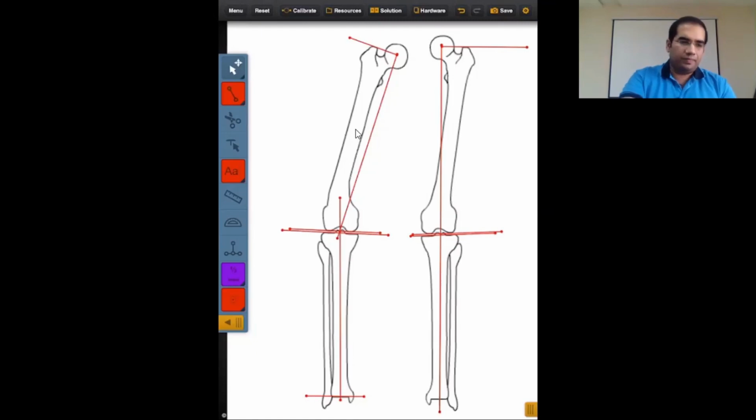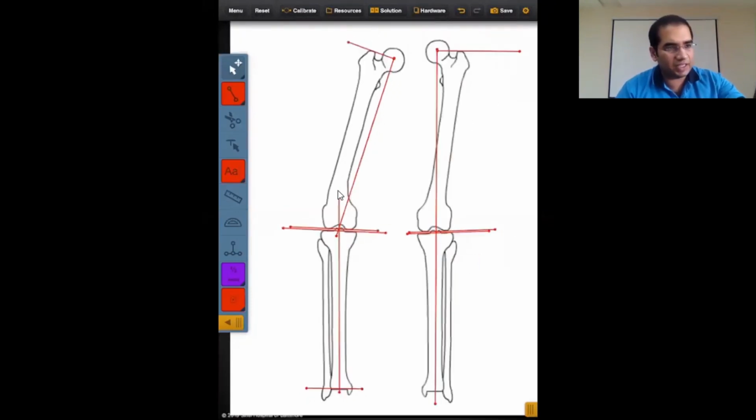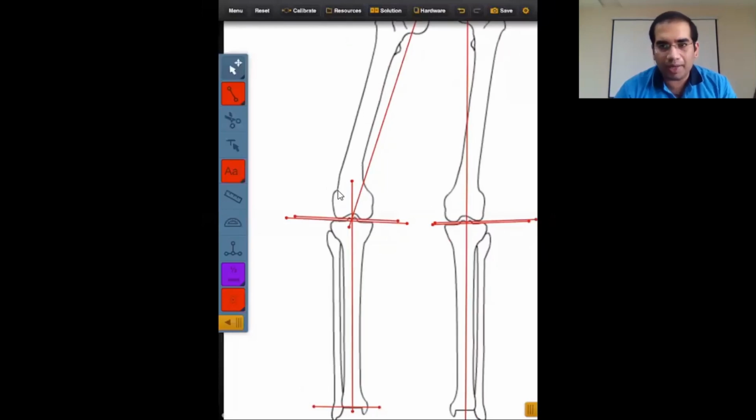What is going to happen? The CORA from the mechanical axis planning and the CORA from the anatomical axis planning are not going to come in the same place. The mechanical axis will be slightly medial to the anatomical axis planning, but this will not have any impact on our planning. As we go through, we will understand it a little better. So here, let's first do mechanical axis planning, and then we're going to do anatomical axis planning.